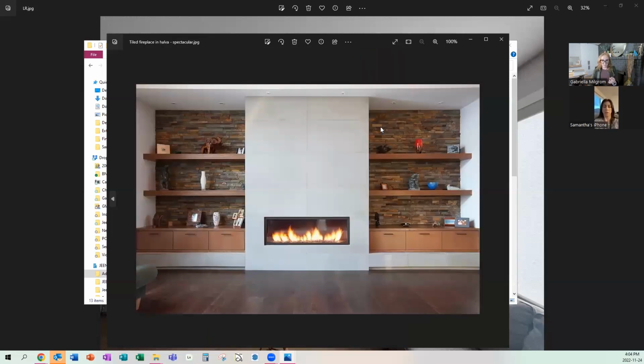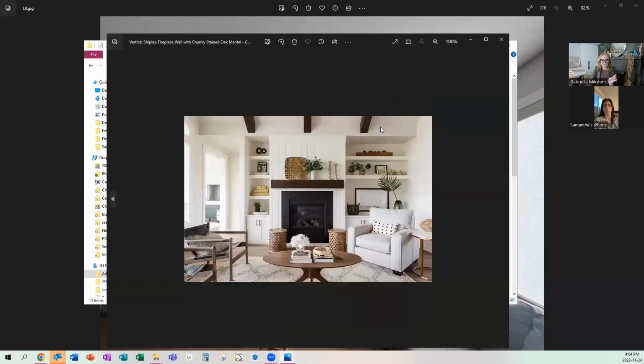And this is a full-on symmetrical fireplace. So that's how that is done in terms of a symmetrical statement. This is another example of an asymmetrical one. So again, similar to yours. You could even do it in less of a full bookcase. You could do it similar to this, where it's just got low cabinets below and then shelving above. Like that as well. And then it doesn't have to be so built in, and gives you more opportunity